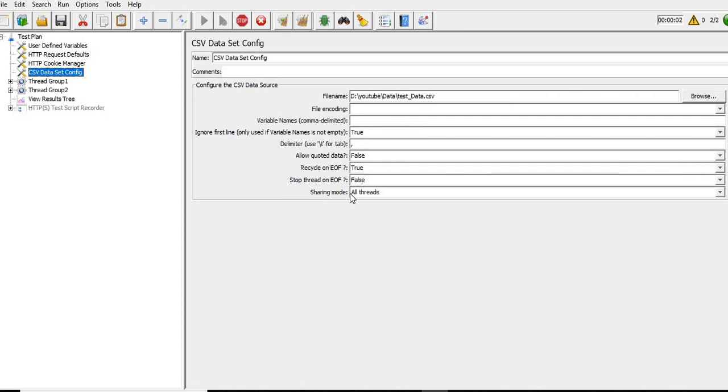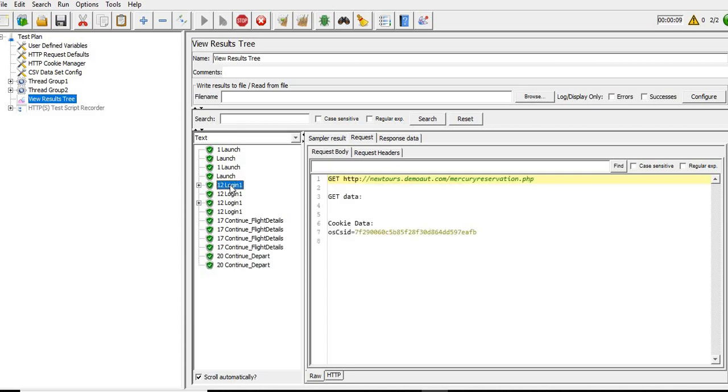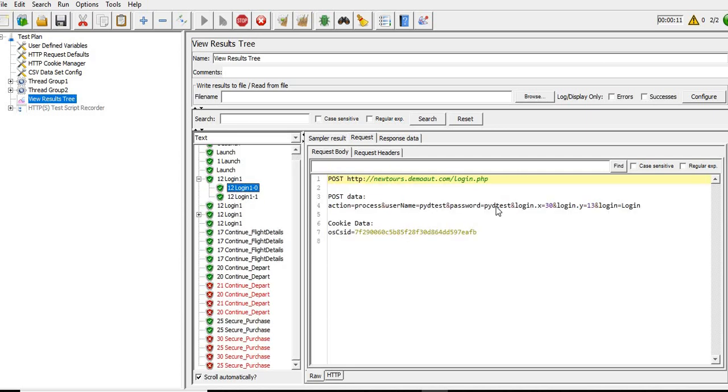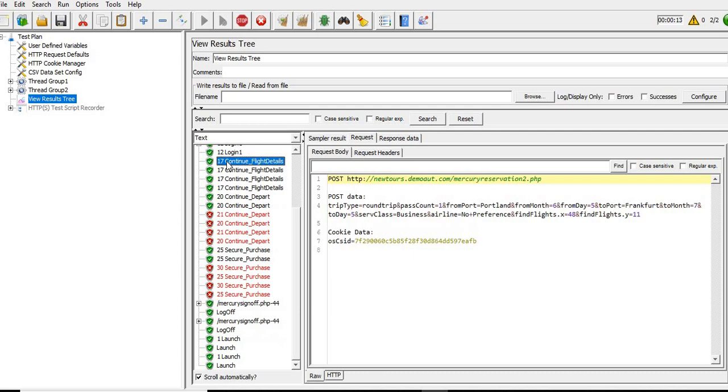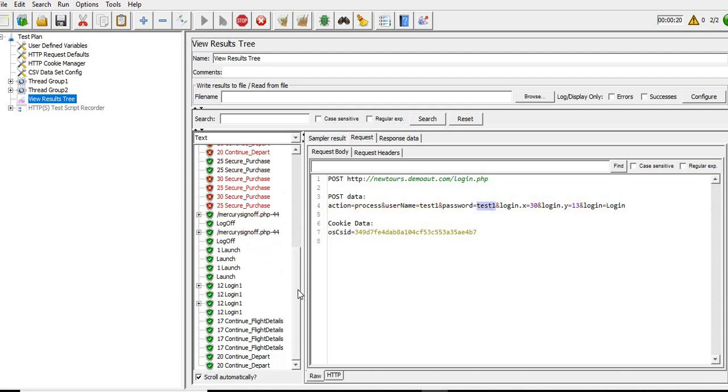Okay, so the sharing mode is all threads. It will share across all the threads. So in the login for thread 1, it used PYD test. And for the second one, it picked another record, right?